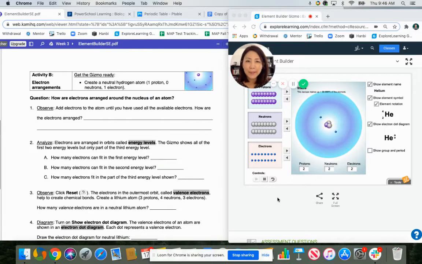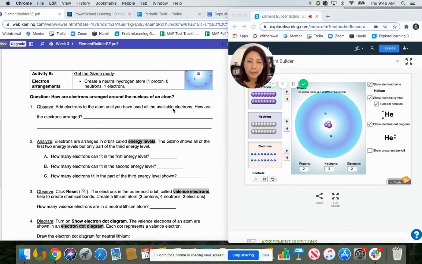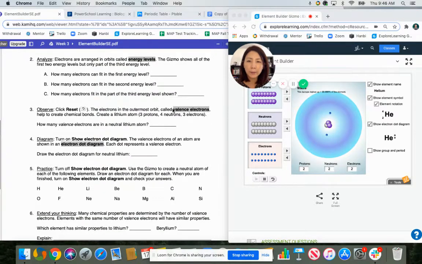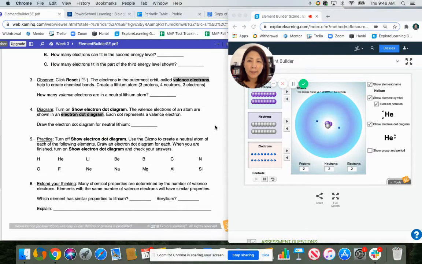Hi, this video is just to explain the last part of the Element Builder Lab because it seemed like some of you were struggling with how to do the dot diagram part. So if you haven't watched the first video of me explaining how to do Gizmo, go ahead and watch that if you need help. This is just going to be looking at the last part. So activity B, where we're looking at the electron arrangements, we went over that. And so I just want to emphasize that